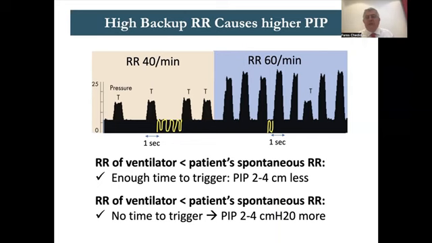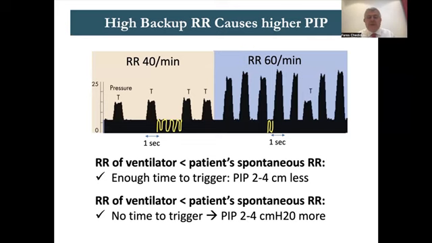The patient, even if he's awake and wants to trigger, will not be able to trigger because you put the rate very high. There's no space between the two breaths to trigger. So what I suggest is that you look at the spontaneous breath and the ventilator breath. The patient should be awake enough to trigger, and the spontaneous breathing should be 10 to 20 per minute above the ventilator breathing. So if the patient is breathing 60 per minute, put the ventilator at 50 per minute.